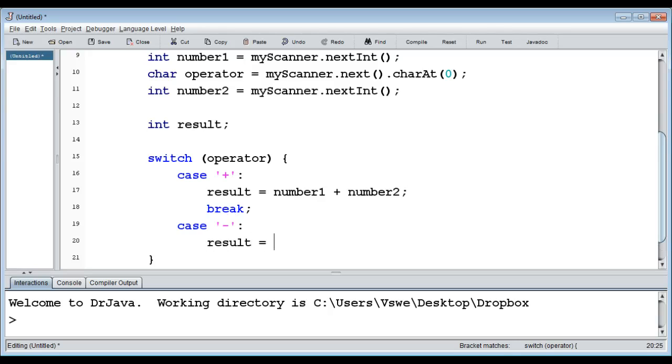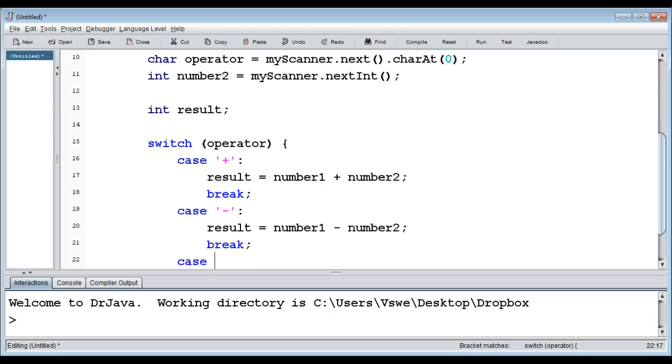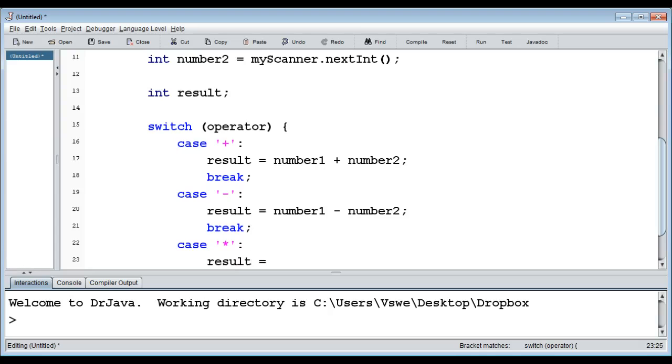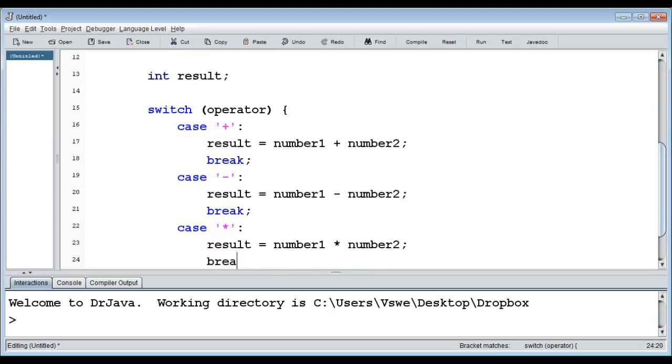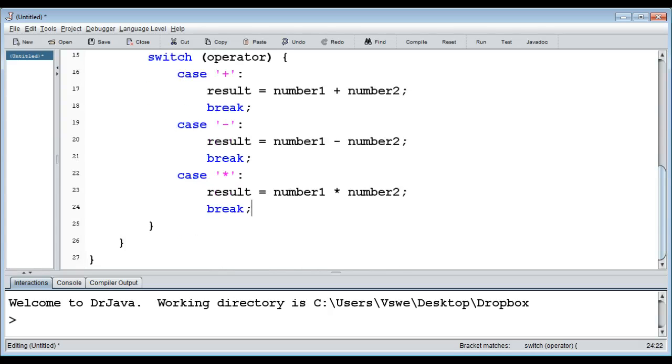So we do result equals number 1 minus number 2. We break out there, and then we do case multiplication there, and then we do result equals number 1 times number 2. So as you can see, we could do this with an if statement, a lot of if statements combined to make if else and else ifs, but it's quite handy to just do it like this. It's easy to see what's going on, it's easy to read it,